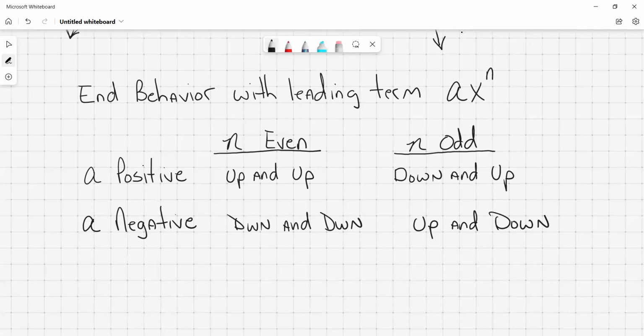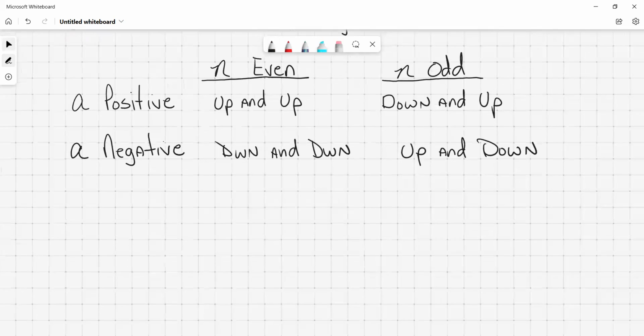So what you're going to be given today is a polynomial function, and you're going to be asked to consider the leading term and determine the end behavior. All right. Now, you have to make sure that your polynomial is in standard form. And remember from yesterday, standard form means that the highest exponent goes first. The highest exponent's got to go first. So if we just leave this table right here,